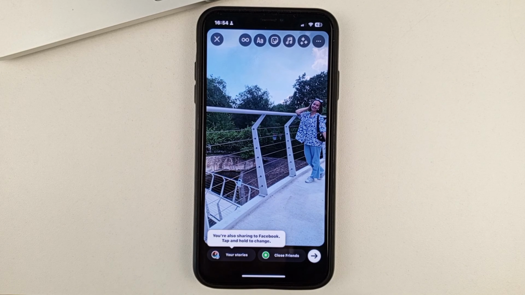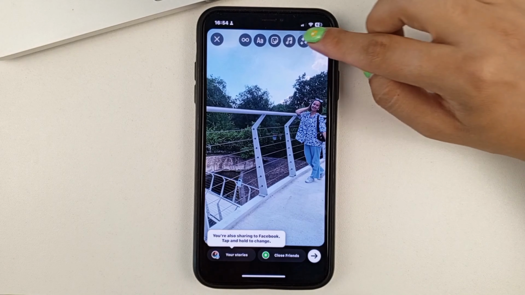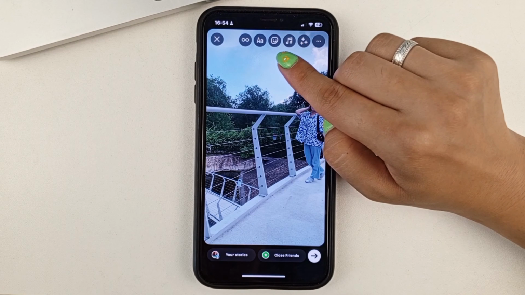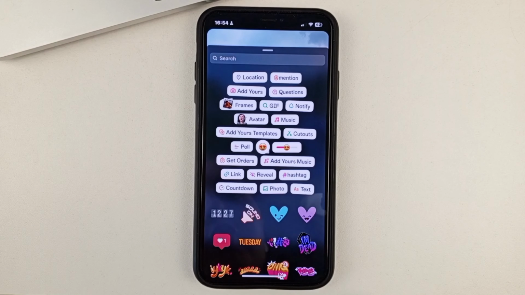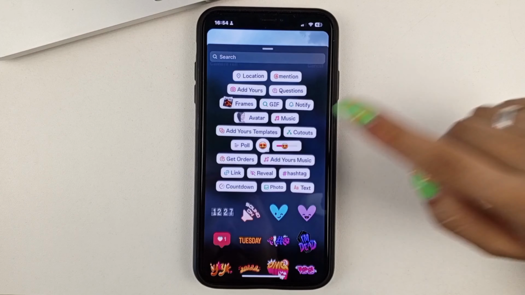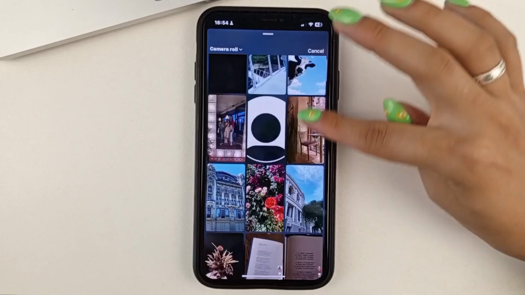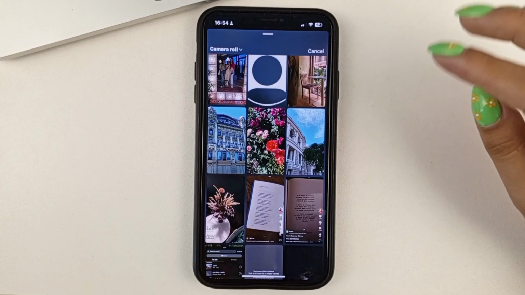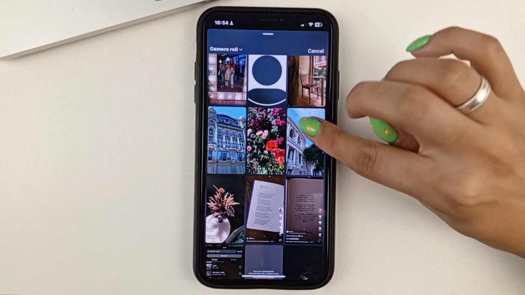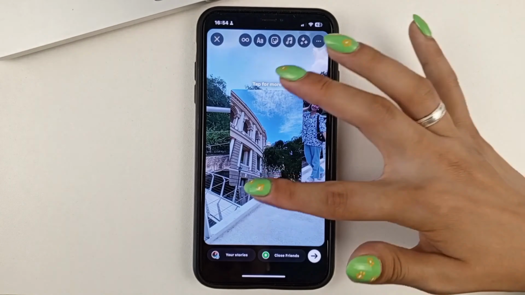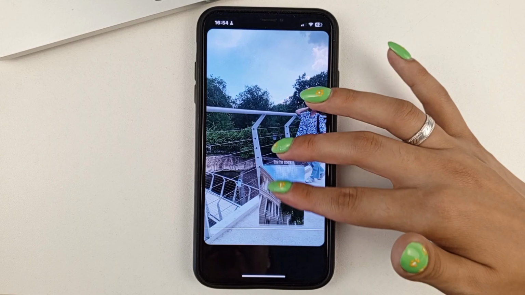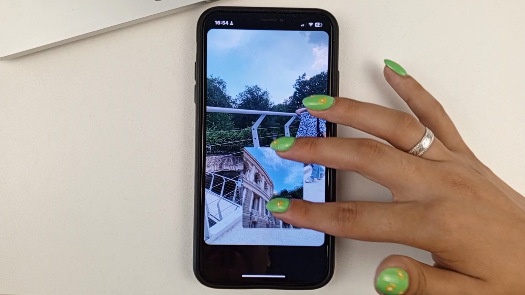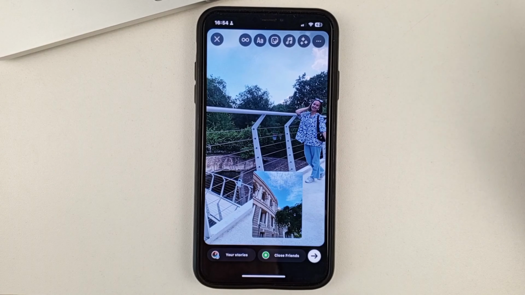Then, in order to add more photos, you'll need to click on this sticker right here at the top and then select a photo. And now you can further select the photos that you want to add more. And now this photo you can zoom in or zoom out, also move it to any corner.